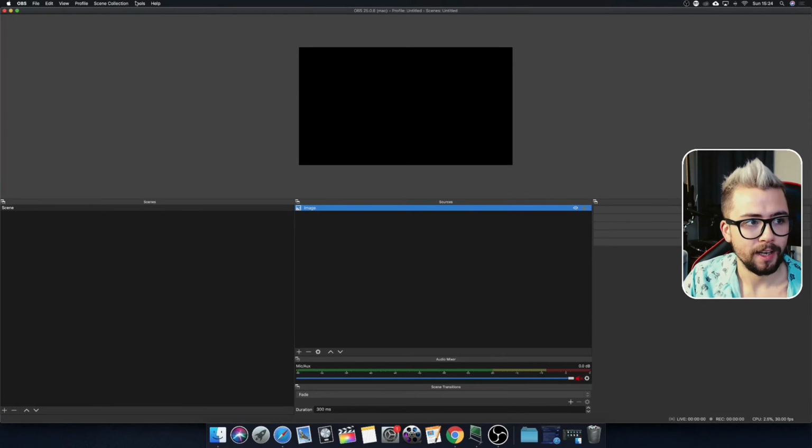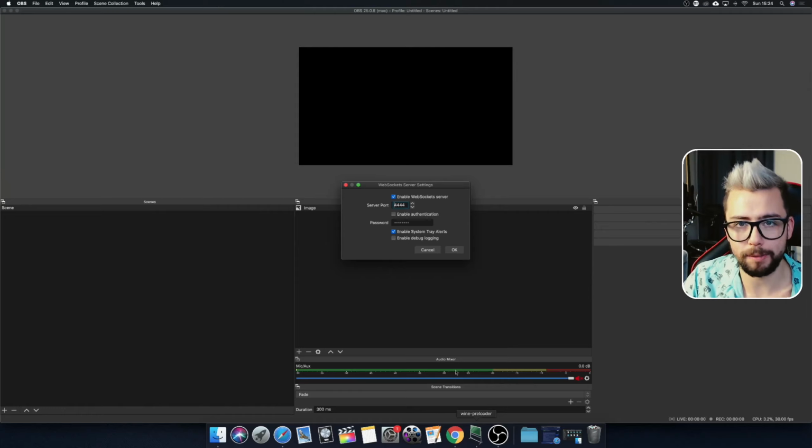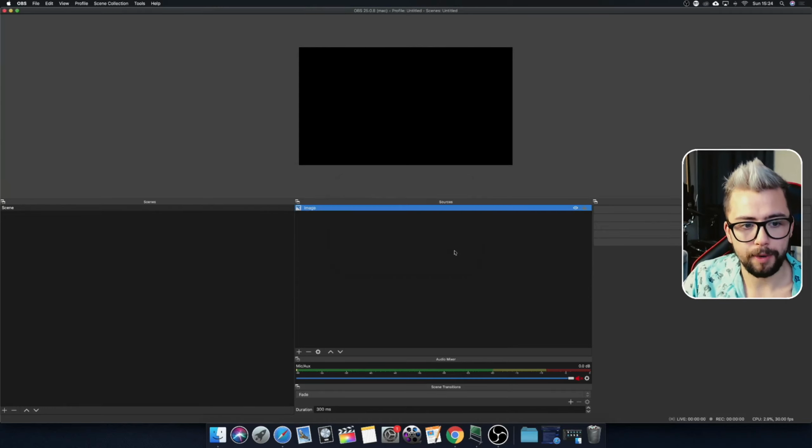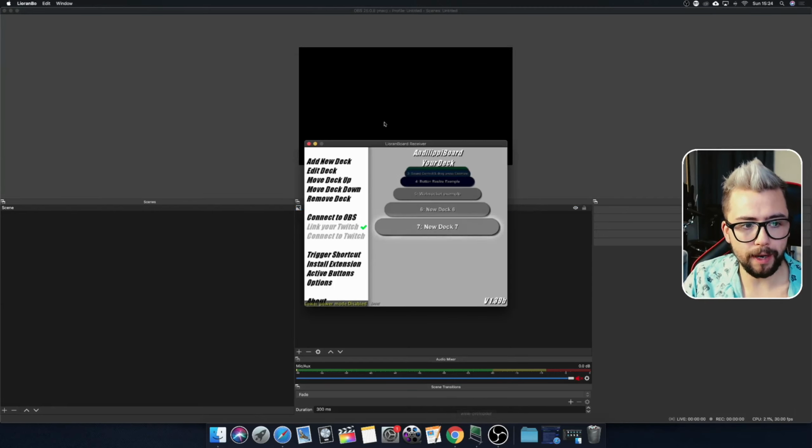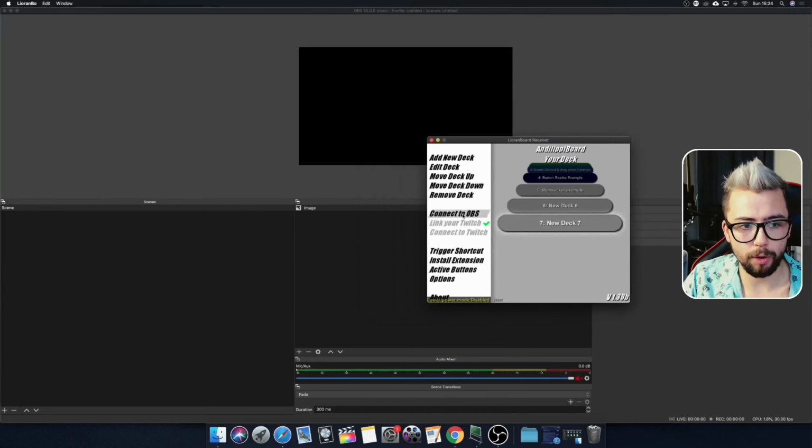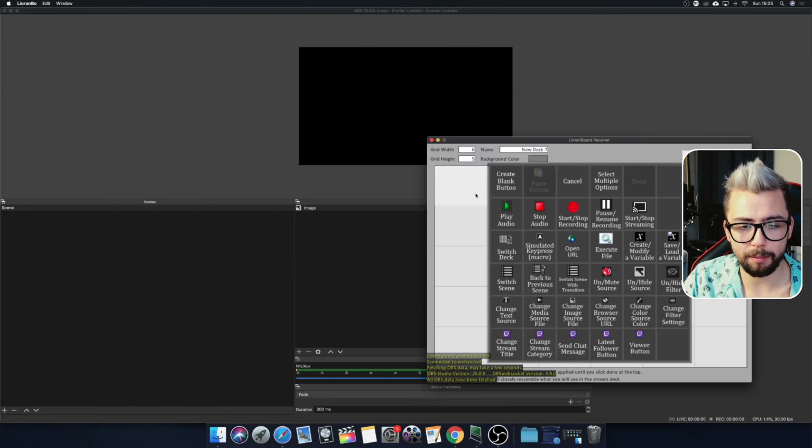test in the past. So if you go into tools and press WebSocket server settings, that's when you know you've got WebSocket installed correctly. Leave it on port 4444 and press OK. Jumping back into LioranBoard now, press connect to OBS. Boom, it's connected now. If we jump into one of these decks, just here, right click in a blank button,